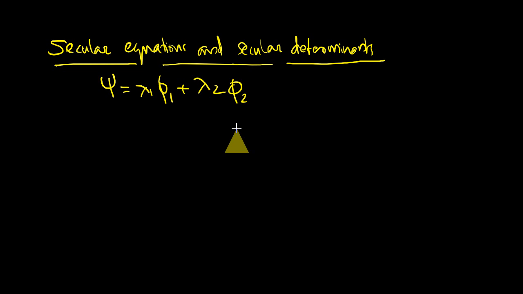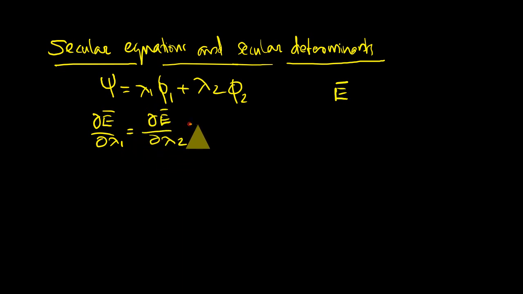Okay, and here lambda 1 and lambda 2 were the variable parameters, and with this we calculated the expectation value of energy E bar, and this expectation value E bar was minimized with respect to lambda 1 and lambda 2, so that dou E bar by dou lambda 1 is equal to dou E bar by dou lambda 2, that is equal to 0. When we did this procedure, we reached a set of equations, and what were those set